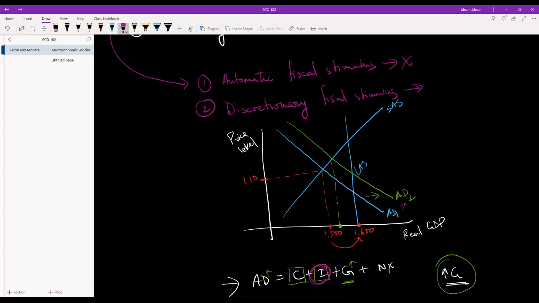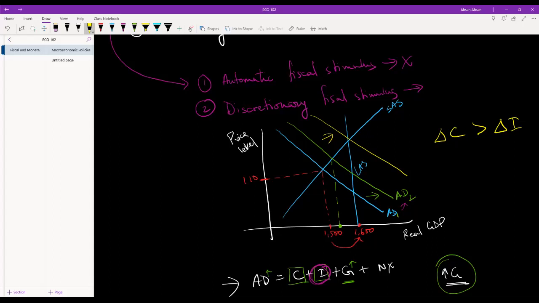This is the rise simply because government expenditure has gone up. But in the next stage, AD may increase even more. This is if the change in consumption is higher than the change in investment,